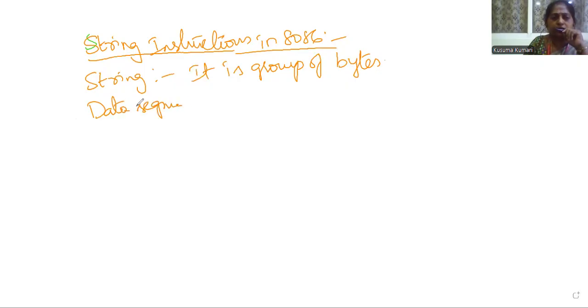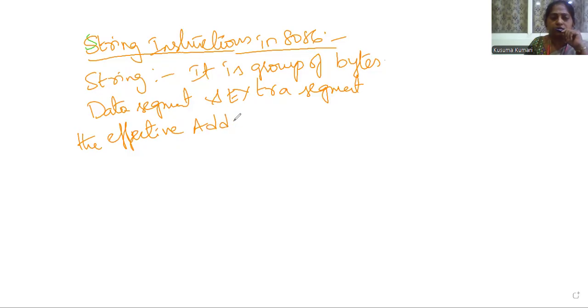Okay, so data segment and extra segment. Already there are four segments: data segment, code segment, extra segment, stack segment. So all string related instructions are executed between the data segment and extra segment. And for the string related instructions, the effective address for data segment is available in source index register, and the